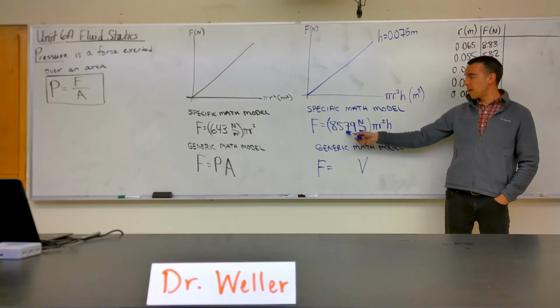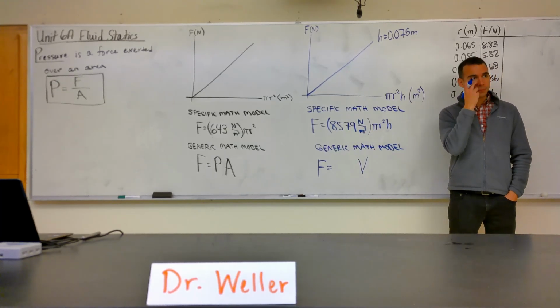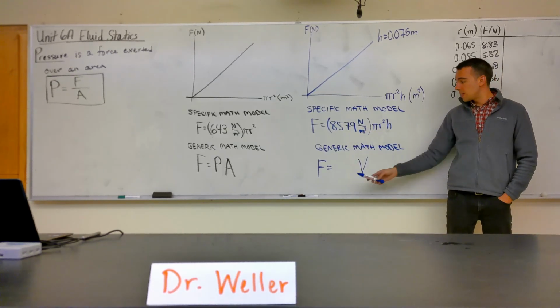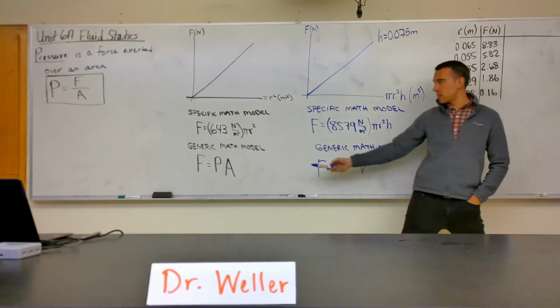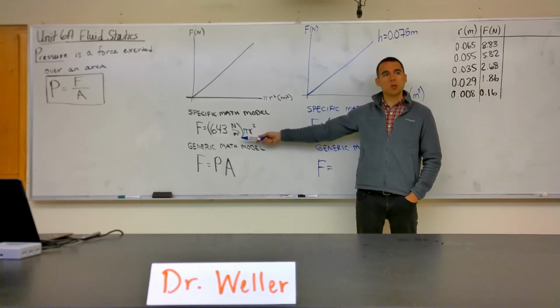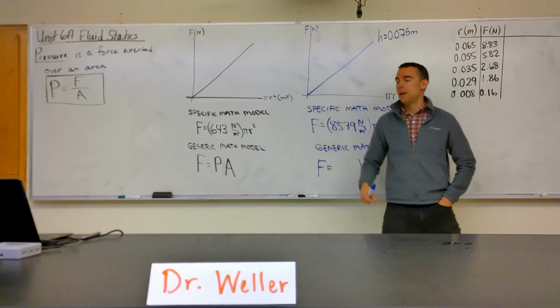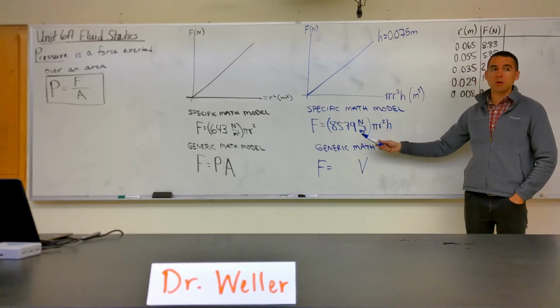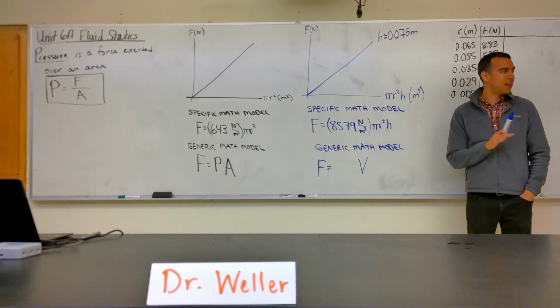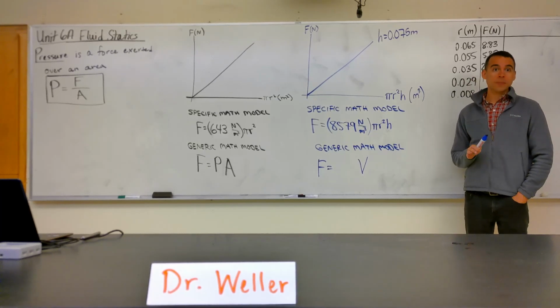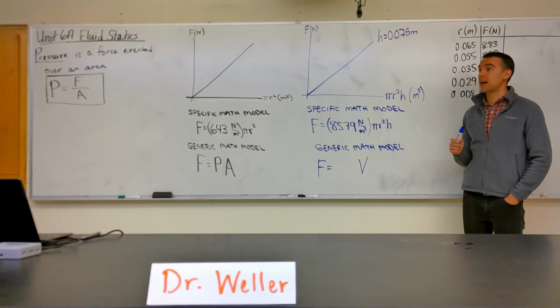Now, 8,579. That's our slope, and it's not so easy as it was last time. We just looked at the units and said newtons per meter squared, it must be a pressure. But this time around, we got newtons per meter cubed. That does not clean up into anything nice and simple. In fact, our slope will be based on